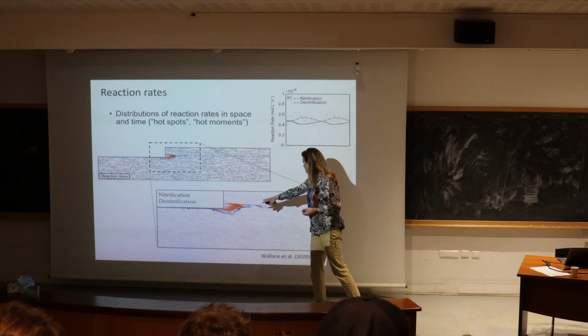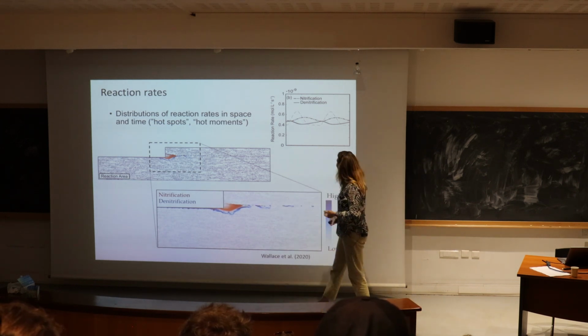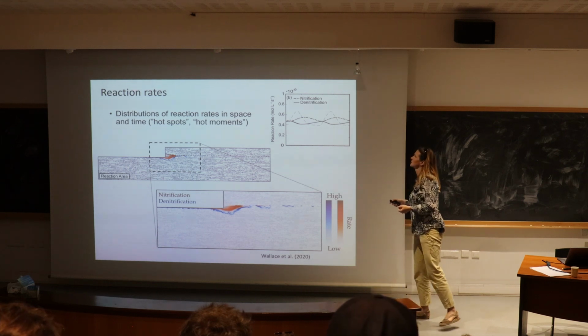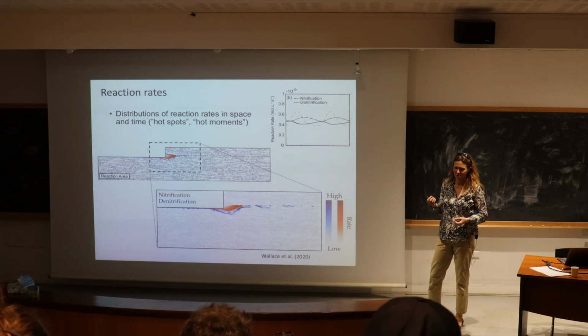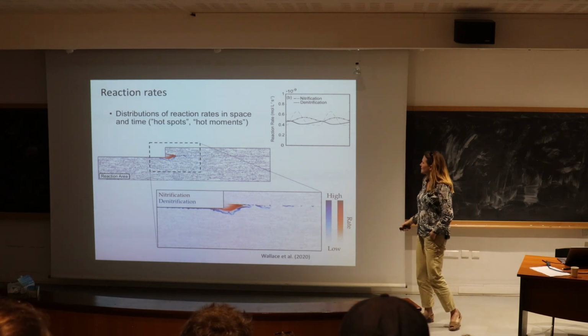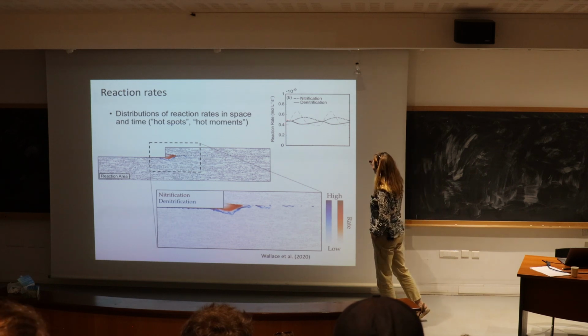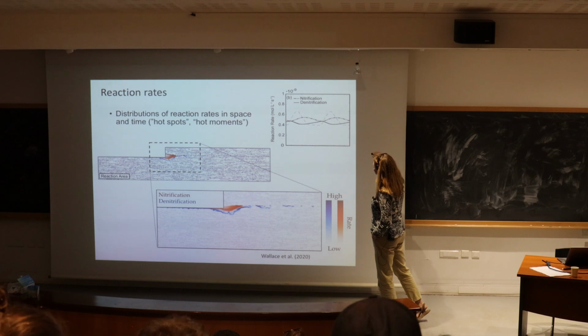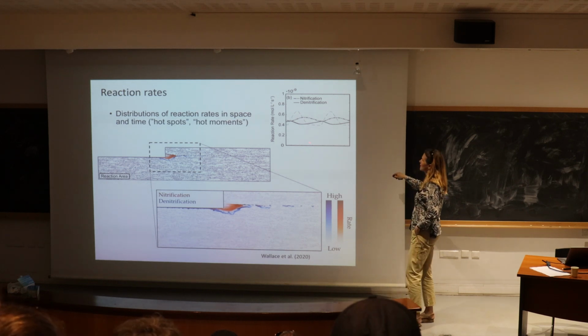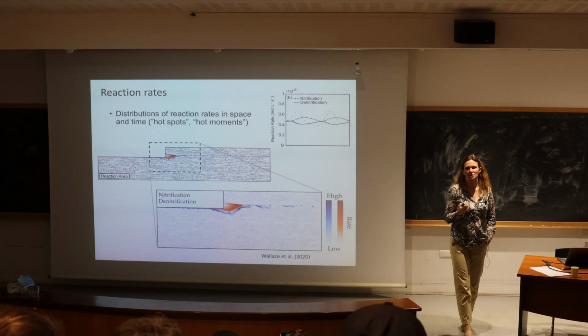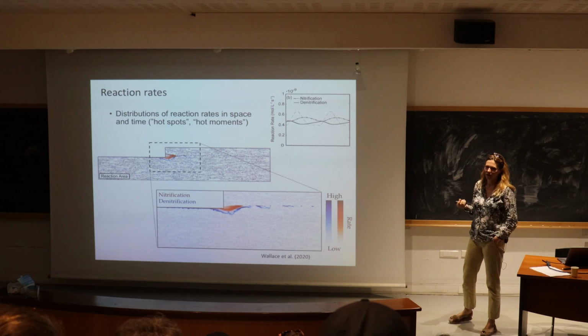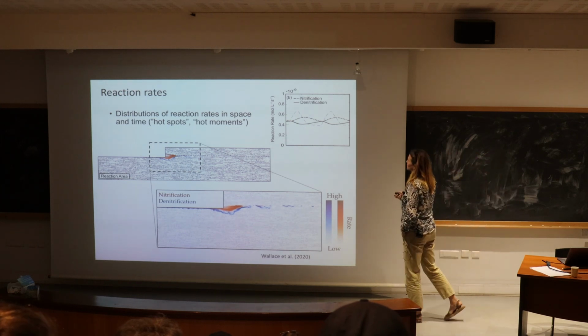So this is twice a day. Okay. Yeah. Sorry, there's no time axis here. So this was a semi-diurnal tide. And so when you bring that oxygenated river water in with the rising tide, you get a little bump in the nitrification rate, and your denitrification rate drops because some of that oxygen coming in will shut down your denitrification.